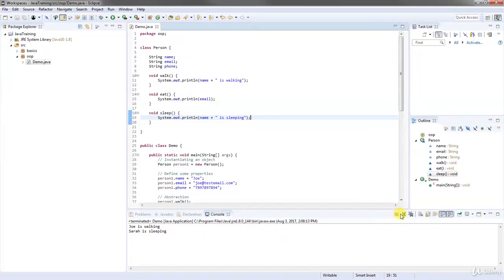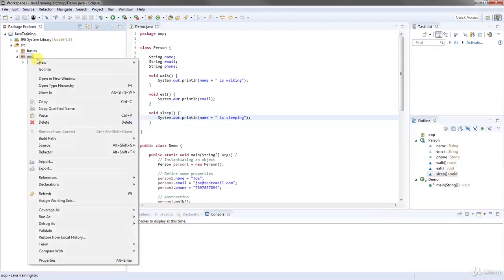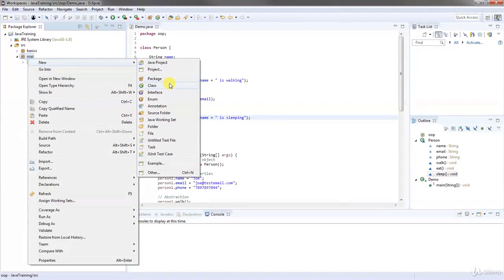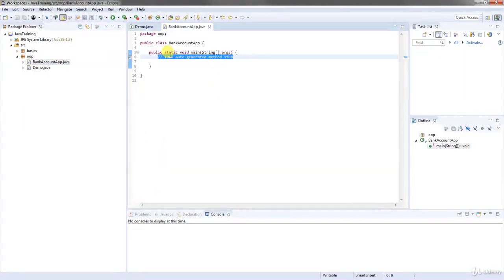Alright, let's learn more about object-oriented programming, and by doing that, let's start creating something a little bit practical. So I'm going to create a new class, call this BankAccountApp, and have it be a main function. This app is going to be creating a new bank account. Now, to do that, I'm going to create a new... So whenever you see "create a new," think,